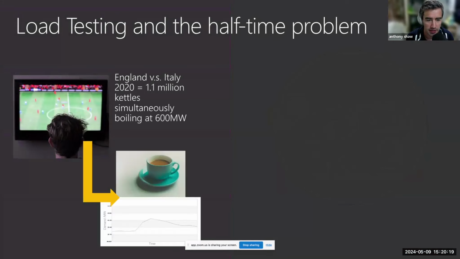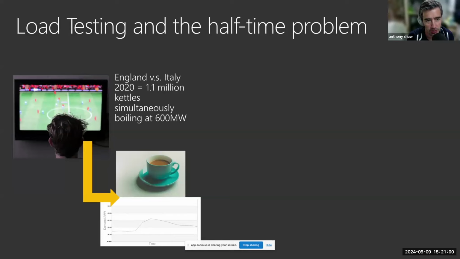One of them is that you might consider football, or soccer as it is called in some countries, as a load testing problem. The reason is that in the World Cup in particular, some of the games are watched by a huge number of people. And what the electricity providers have to do in Australia, in the UK, probably in Korea and Japan as well, is predict how much demand will be put on the system, how much electricity will be put on the system at particular times.